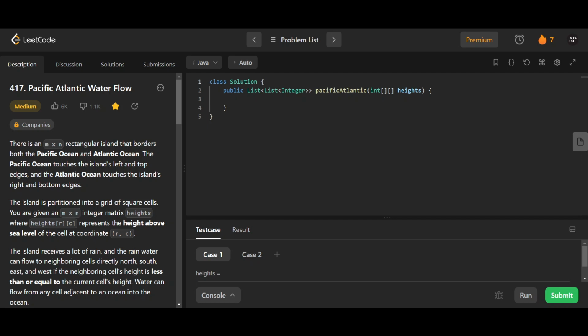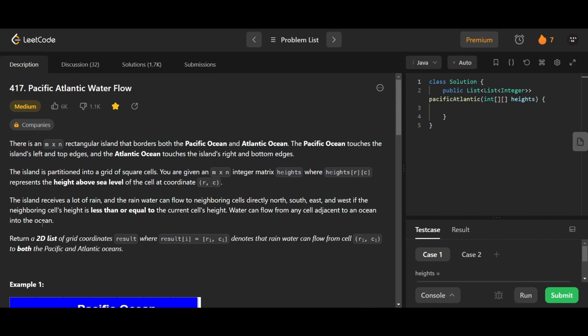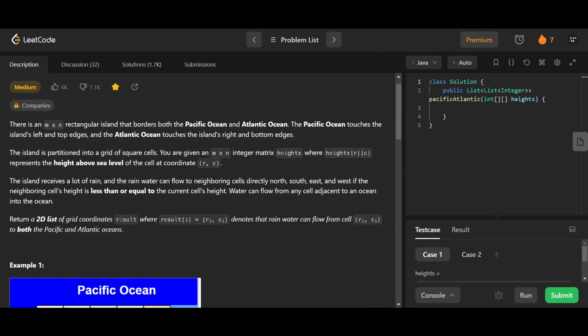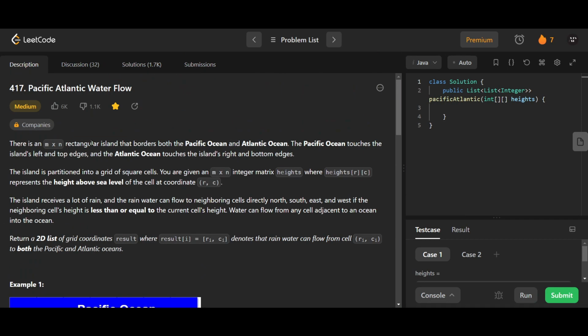Let's look at this problem called Pacific Atlantic Water Flow. Looks like a little big one. Let's have a read. Okay, there is an m cross n rectangular island that borders the Pacific Ocean and Atlantic Ocean. The Pacific Ocean touches the island's left and top edges, and the Atlantic Ocean touches the island's right and